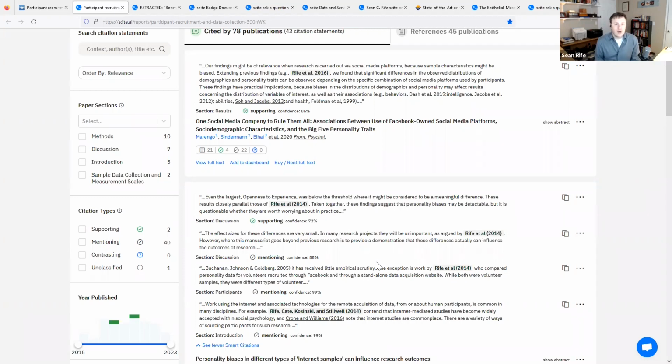Let's see. So coverage. We used to have a table for this, and I'm not going to be able to find it at the moment. But yes, I think we have very good comparable coverage to Web of Science and Scopus. And because we have those licensing agreements and the ability to analyze the full text, we have a lot of features that they aren't able to offer. I don't have a direct percentage-wise comparison off the top of my head, but I can find that for you if you want to talk about that later.